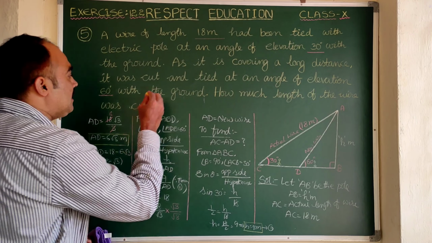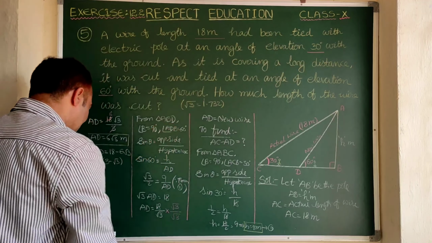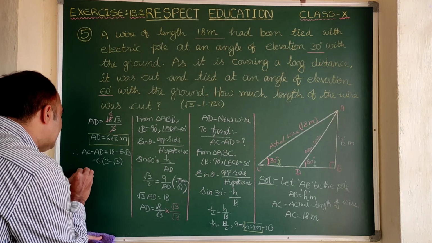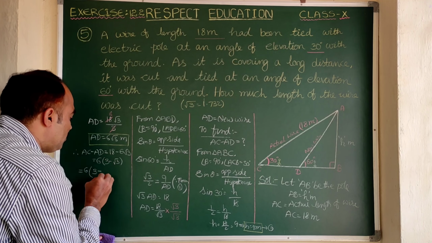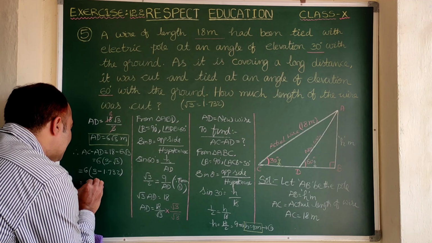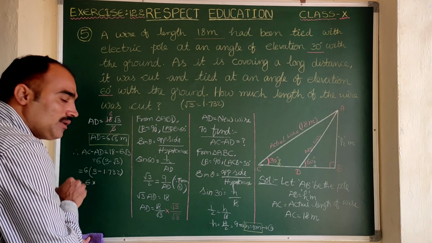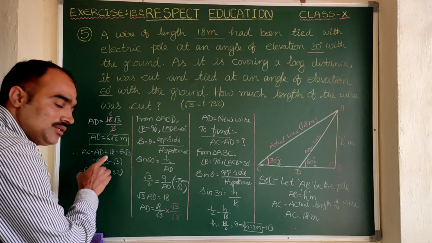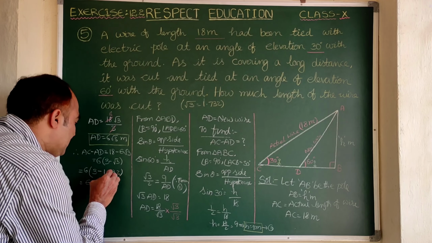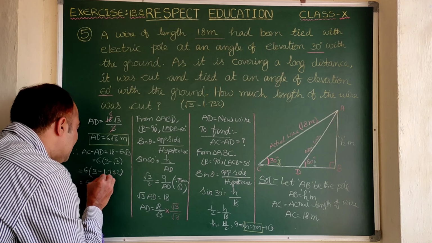But in the examination, for example, if they mention root 3 equal to 1.732, then we have to substitute 1.732 in place of root 3. Let us simplify further. So this is 6 into 3 minus 1.732. Let us subtract 1.732 from 3. 3 can be written as 3.000. On borrowing, 10 minus 2 is 8. This will be 9. 9 minus 3 is 6. 9 minus 7 is 2. 2 minus 1 is 1.